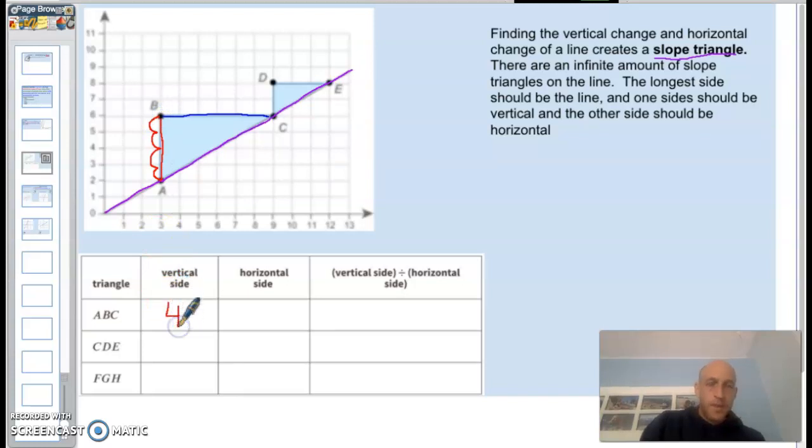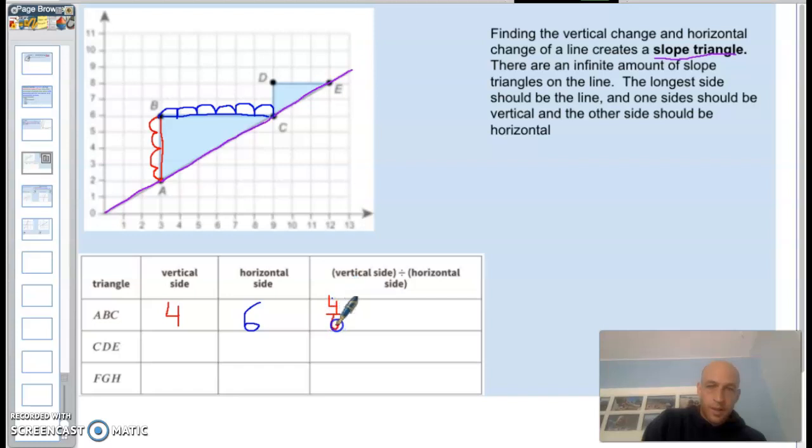4. And then we count the horizontal side. That's the blue line here, that's side to side, and we do the same thing. We start at the point and we count over to the other point. So it's 1, 2, 3, 4, 5, 6. Okay. Now we are looking for the ratio of the vertical side to the horizontal side. So we're going to put this in ratio form. So 4